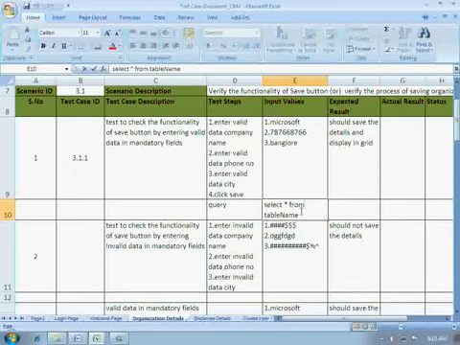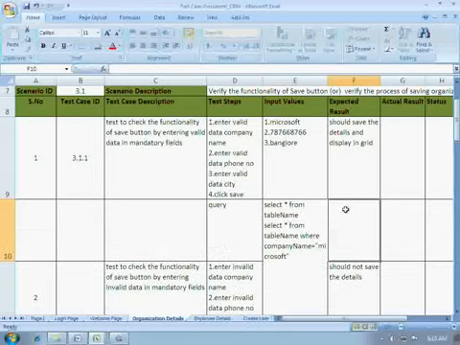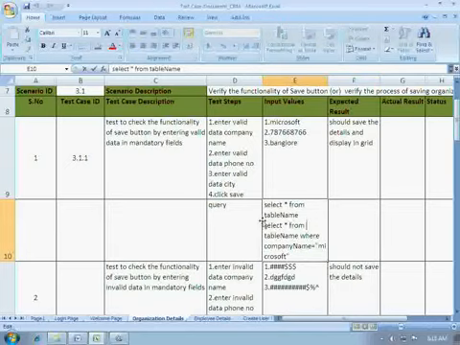But in other situations where the table is populated with thousands and thousands of records, in that case select star from table name, and give a condition there using a where clause, like where company name equal to Microsoft. So this is the second query.